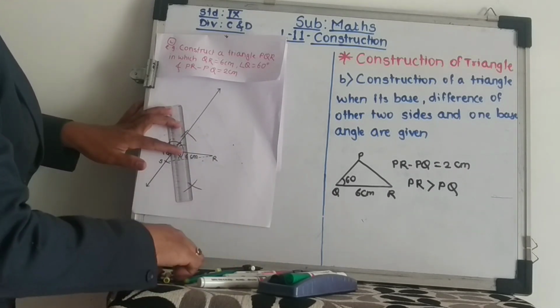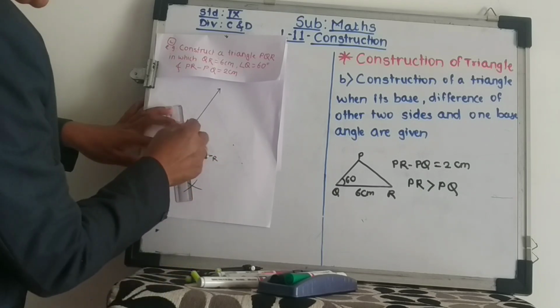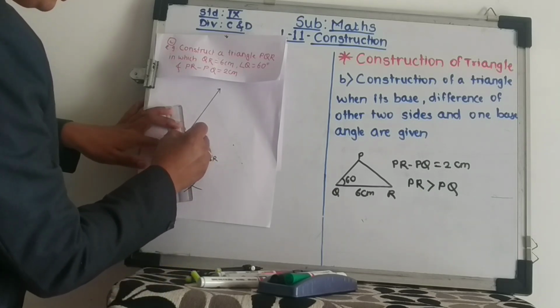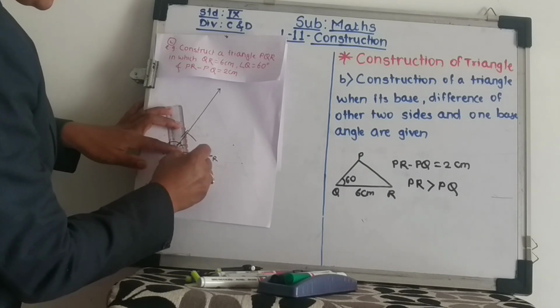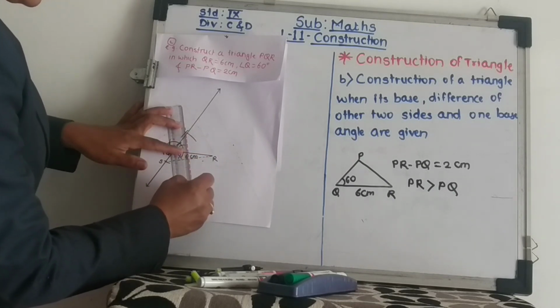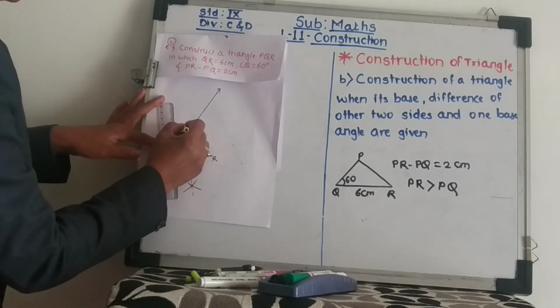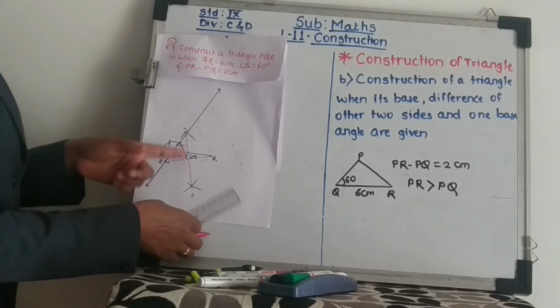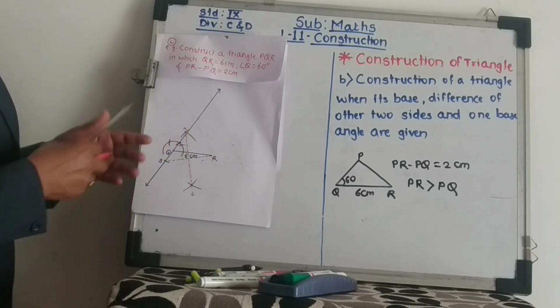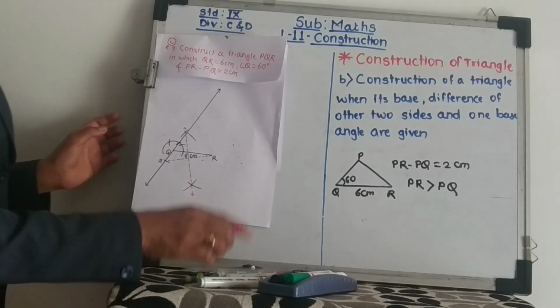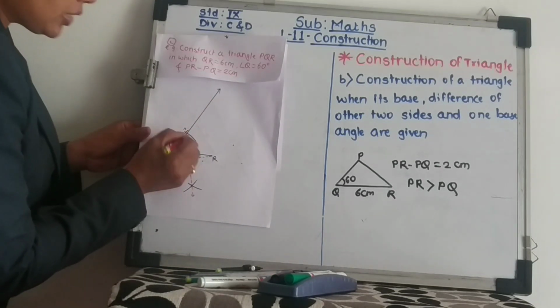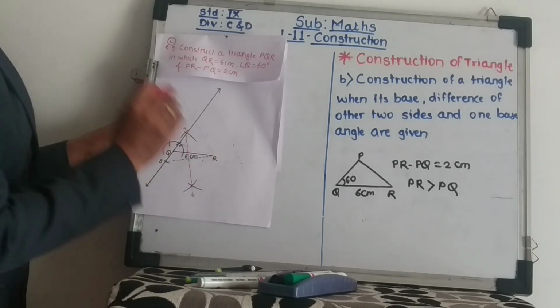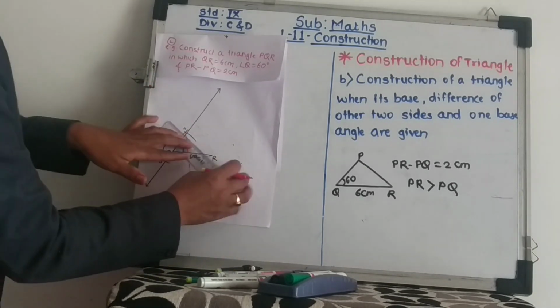Now from this we will draw one dotted line. I am drawing that dotted line here with the help of a red sketch pen. Now this dotted line has intersected somewhere on the upper side, right? So here it has intersected. This point we will join with R.